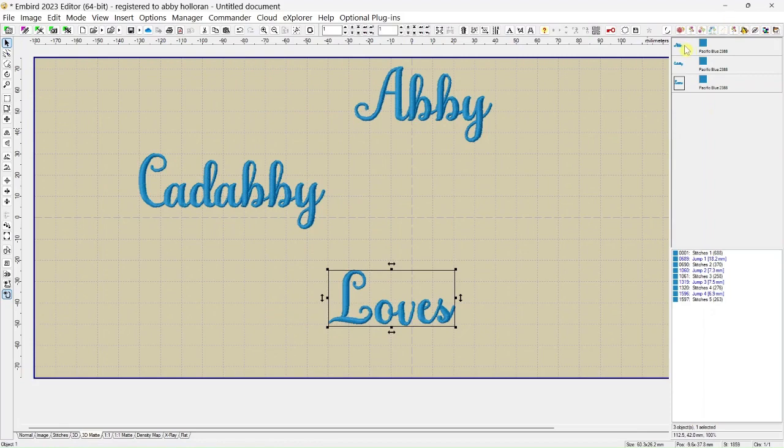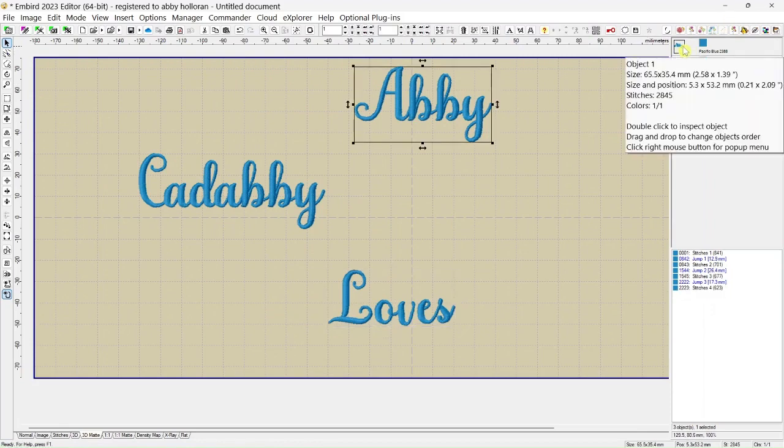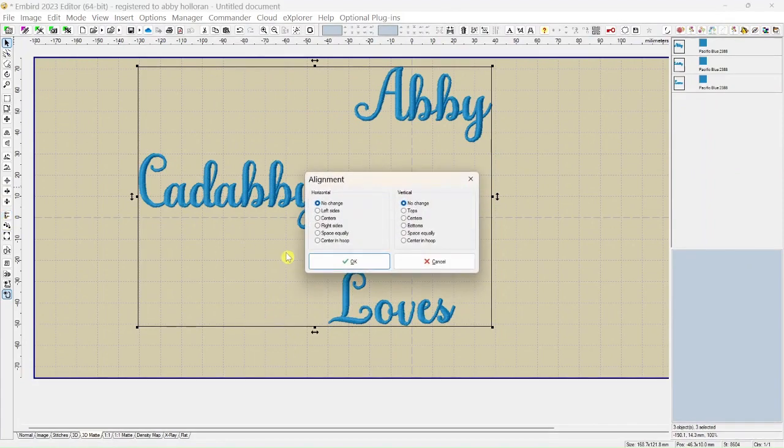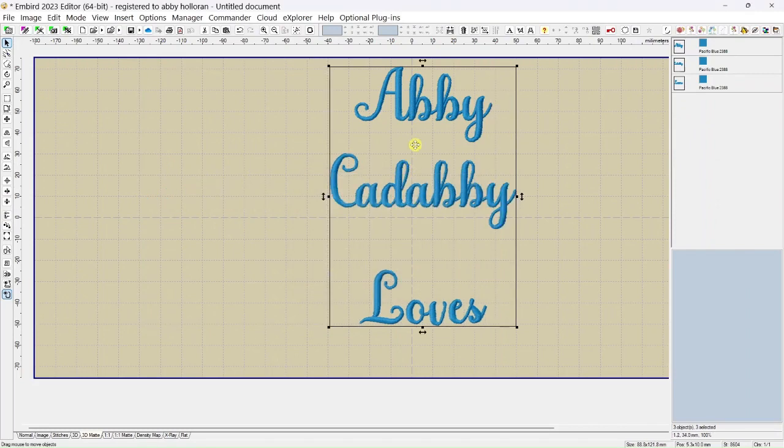And so I'm going to select all three words and I'm going to use my align tool. And I'm going to say, I want to align the centers horizontally. So I'm going to click on center. And so I'm going to click OK. And so it moved all the letters and it doesn't look like it. And I'd have to really measure, but